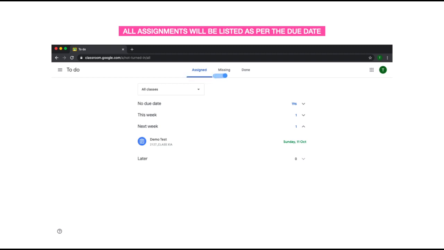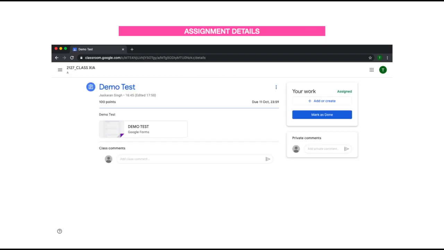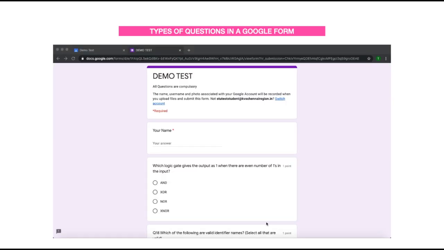You can see the missing assignments, meaning the assignments which you have not submitted before the deadline. And then you have the done assignments, the ones that you have submitted. So you can click on an assignment to go to the assignment details page. In here again, if there is a Google form, you can click on that form to submit the form. The form will open in a new tab,